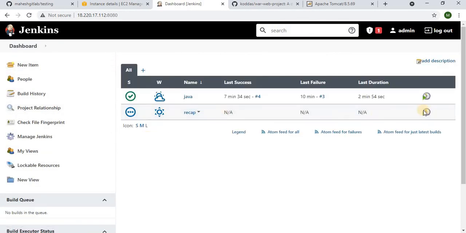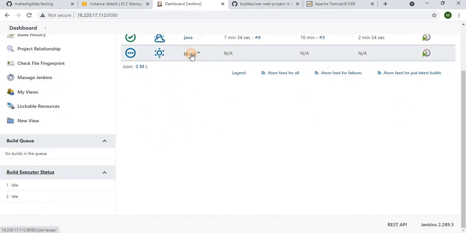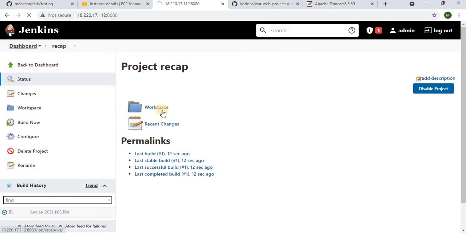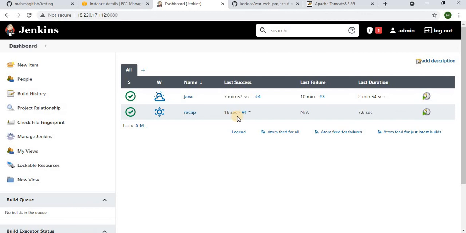Now this is a very fresh build. Let us see how it works. So now in this one step, three things should happen: continuous development, meaning downloading, continuous build, and continuous deployment should happen. Let me just go into this. Oh, it's done already. Come here. Okay, within 16 seconds it has done.